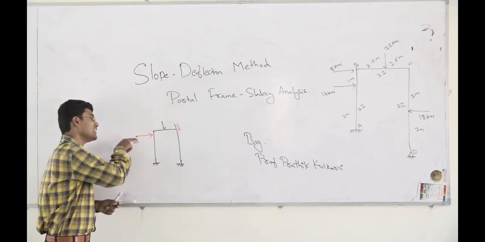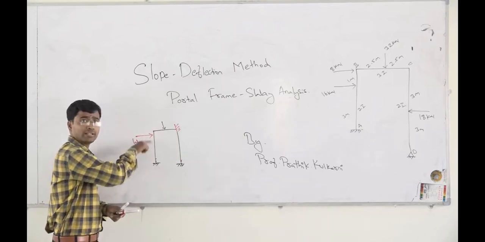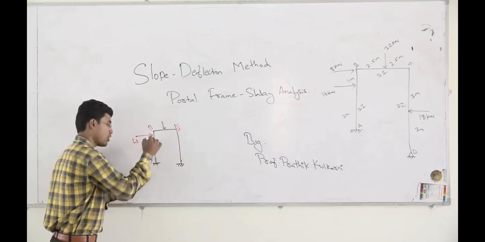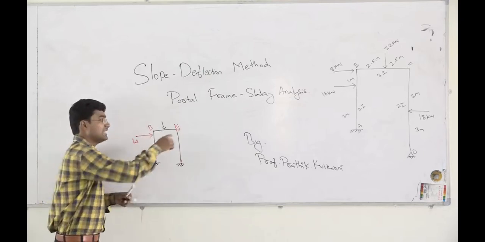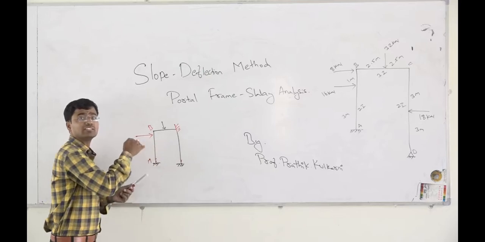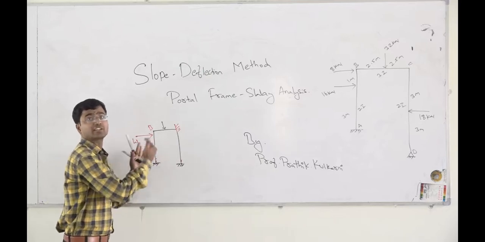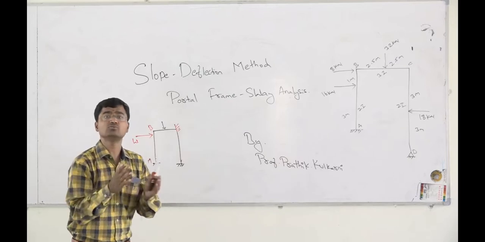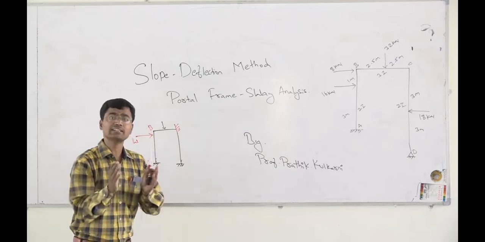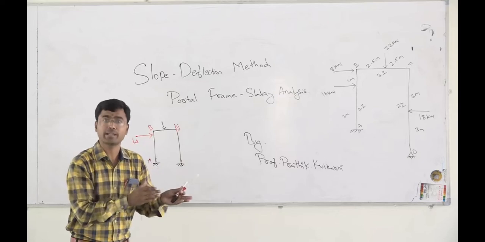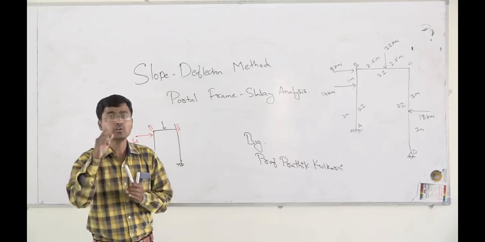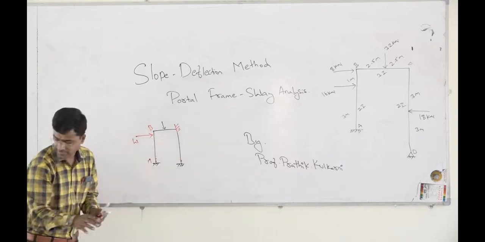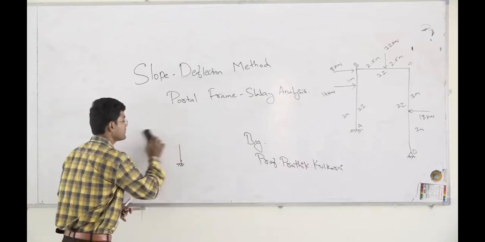Why? Because even if you apply a force W horizontally on the vertical member AB, this is your fixed support which is not trying to deflect. So there is no deflection, which tells us that there is no sway. If there is a deflection, then we can tell that yes, there is a sway. And this deflection will occur only in your vertical member, but it will not occur in your horizontal member. Fine. So let us go with our problem.